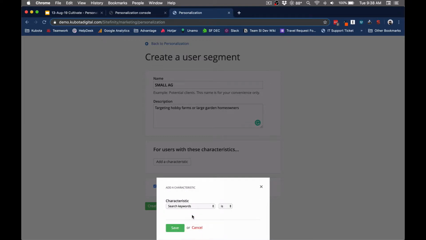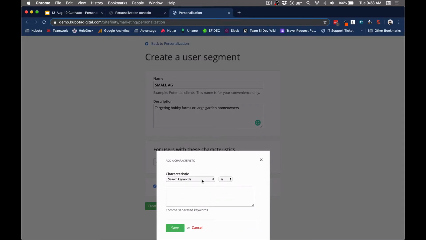We're going to start with search keywords. And so this is going to be the keywords they're typing into a search engine like Google or Bing to get to your site. So we mentioned garden tractors. We'll put that first. And you can put as many as you want in here. Just separate them with commas. So we have garden tractors. Maybe we've got